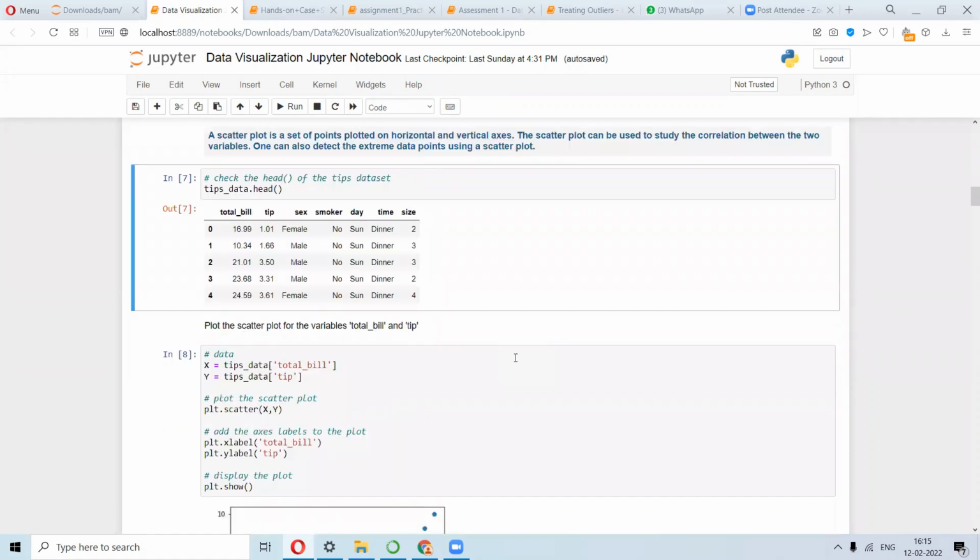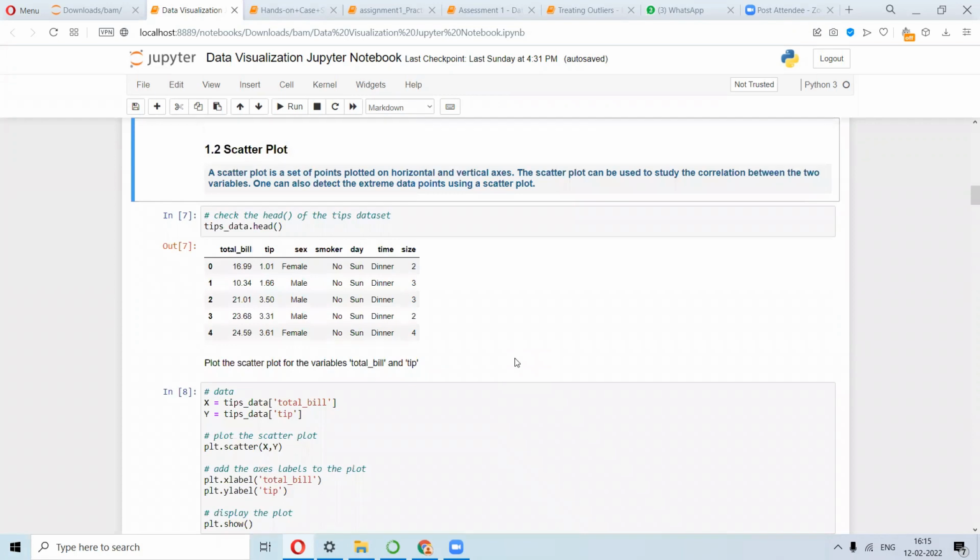Okay, so we are going to learn all the plots on the basis of this data set, and side by side analyze all the aspects of how to look into the visualizations as well. So yeah, this is the head, and now we are trying to design a scatter plot. So what we are trying to check is the total bill and the tip amount, how they are related, and how to find that from the graph.